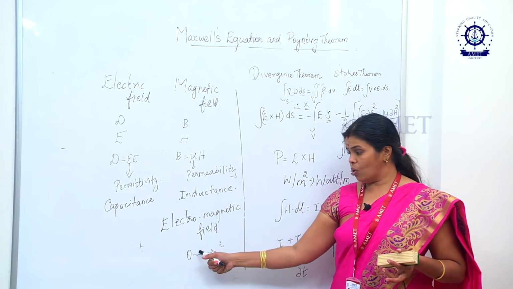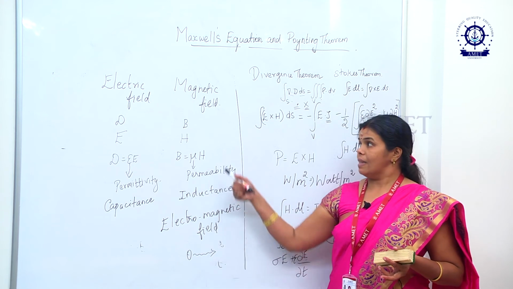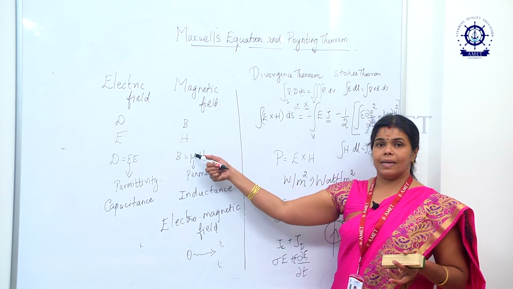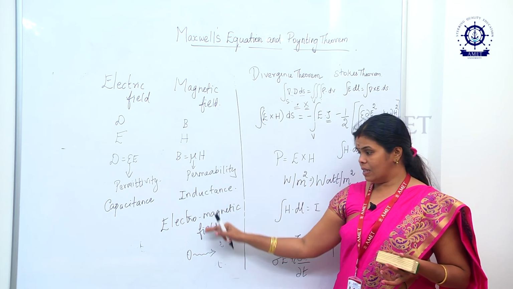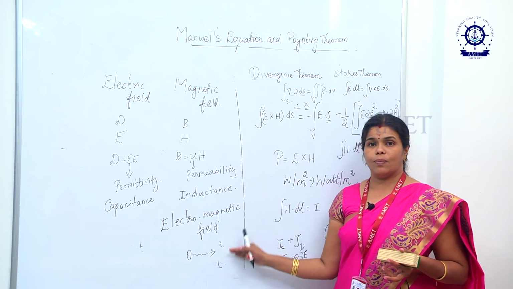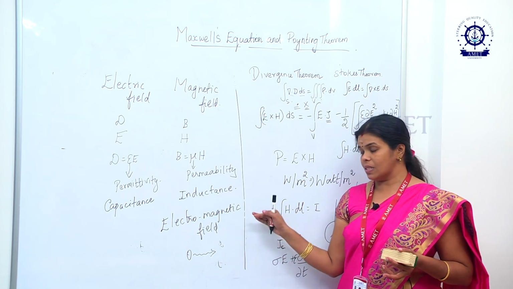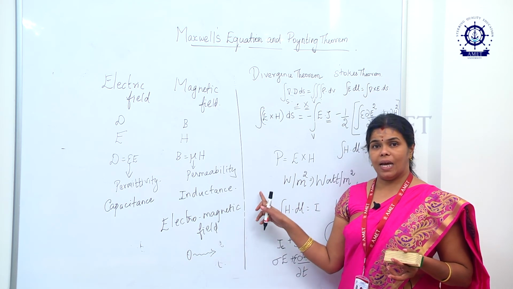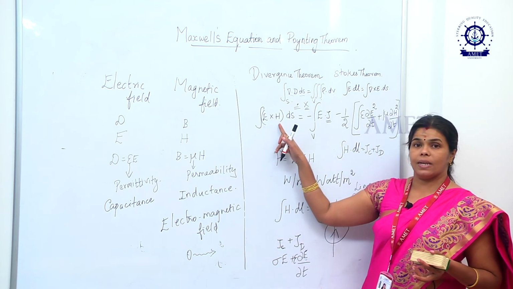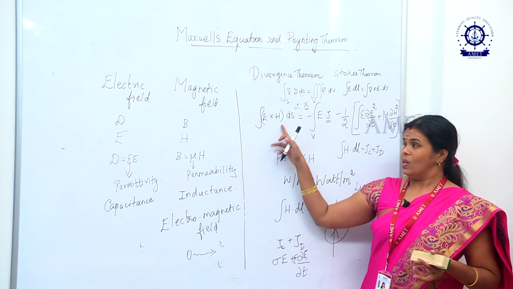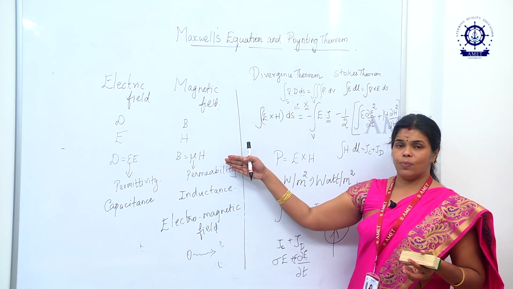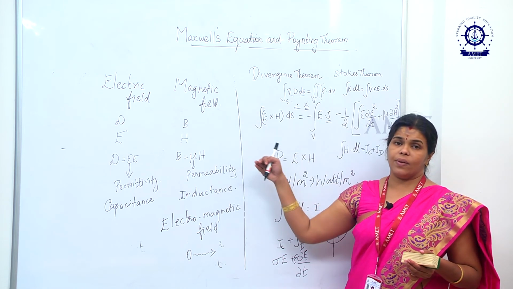We have to know about the flux density, then the magnetic flux density, magnetic field intensity, then electric field intensity, and with this only we derive the final result, the Poynting theorem, which is meant for the wave equation. If you see the Poynting theorem, there we have both the electric field as well as the magnetic field. So again we are doing many mathematical manipulations in these wave equations.